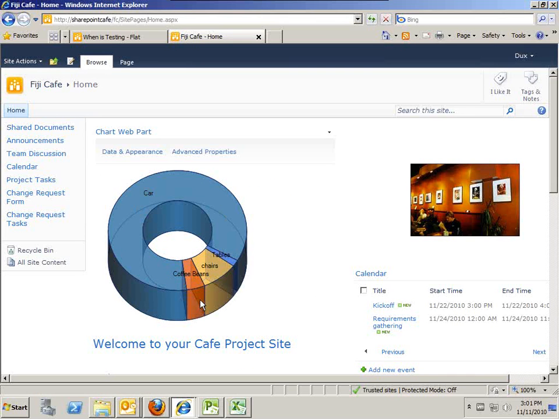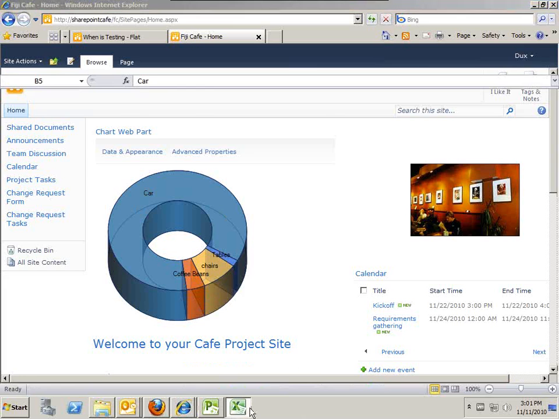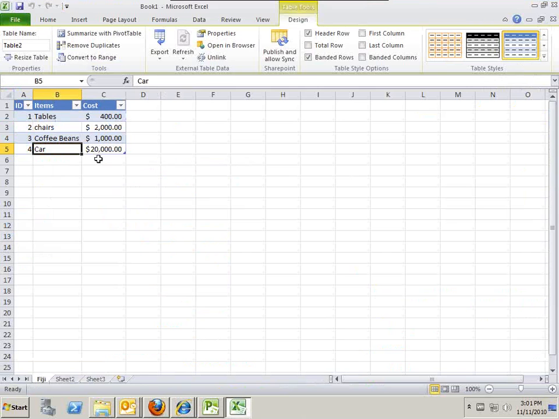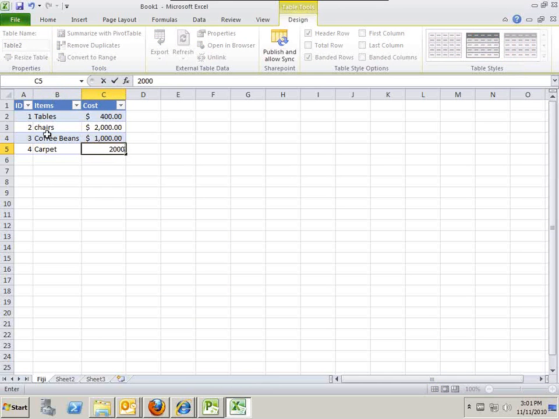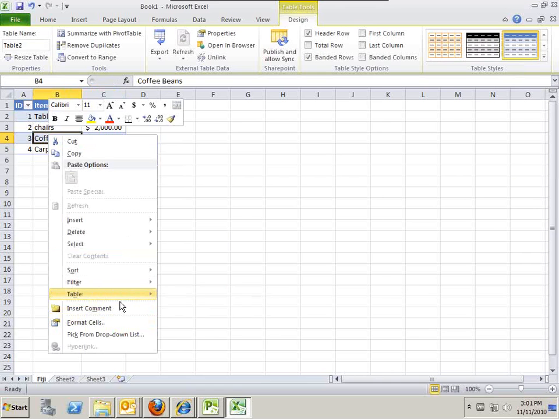Well, hold on, Dux, one second though. That expense is tied to an Excel sheet, right? Yep. So is it possible that the financial person sitting elsewhere can update that Excel sheet and it's going to reflect on that chart? Absolutely. So let's say the financial person looks at this and says, hold on, you didn't buy a car. I'm reviewing your receipts here. You bought carpet, right? It's not 20,000, it's 2,000 bucks, all right? So the financial person can push this out,